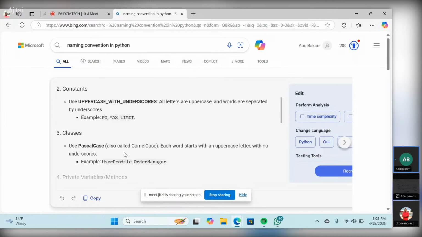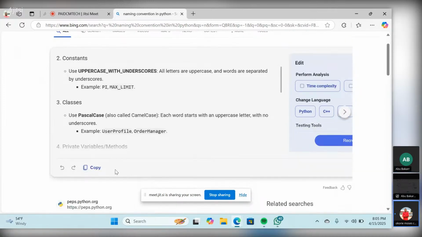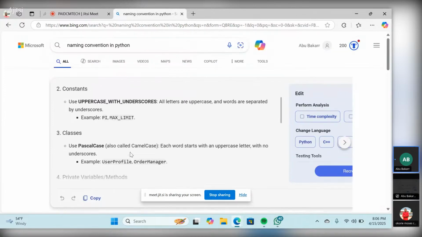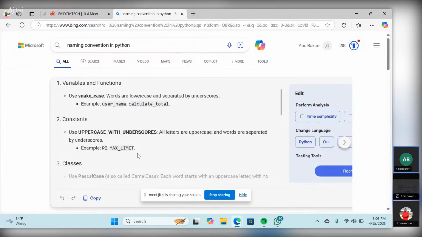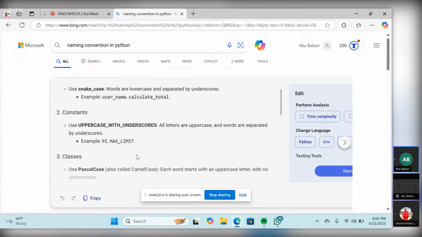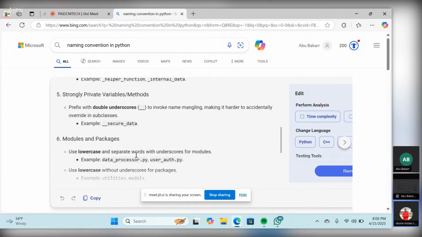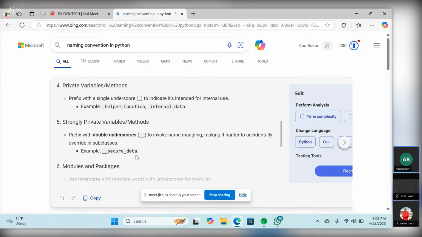An example is UserProfile, where the first letters are in caps. Scroll down. So these are all the naming